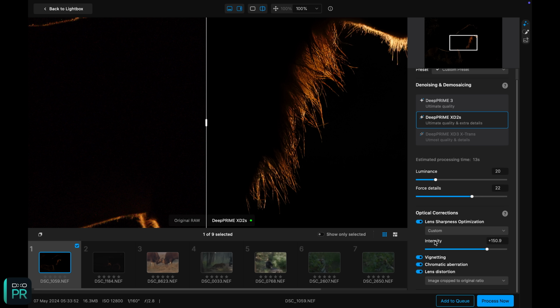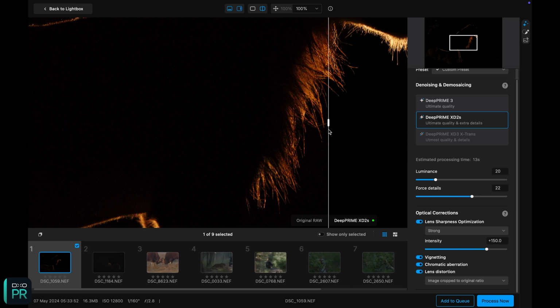But on the lens sharpness optimization, I generally go for the hard or strong for wildlife. So it takes it up to about 150, and what it's then going to do is it really sort of goes in for all that fine detail. You don't want to go any harder than that because then it's really going to start looking a little over sharpened. So if we take those 3 things that we changed and those three sliders, then it's literally,